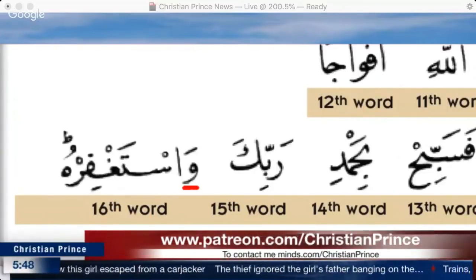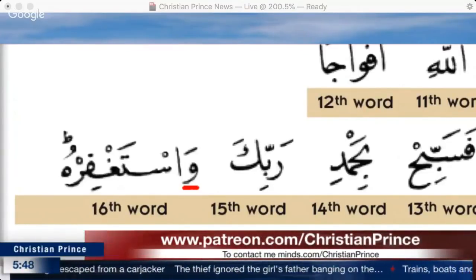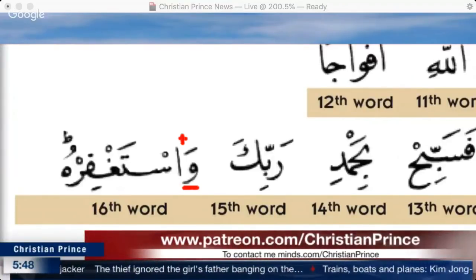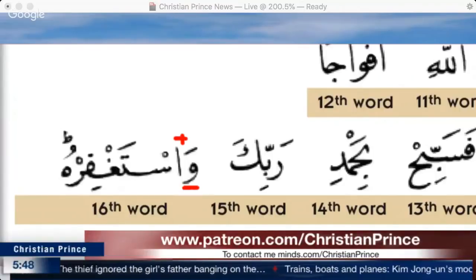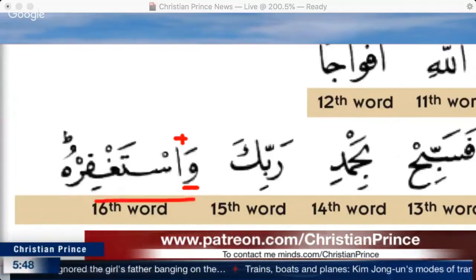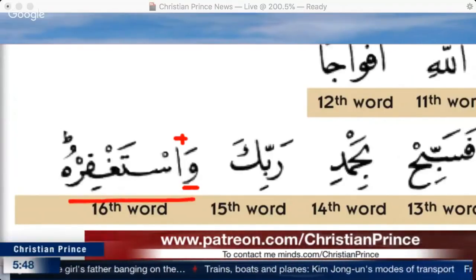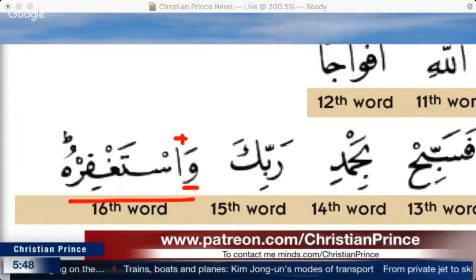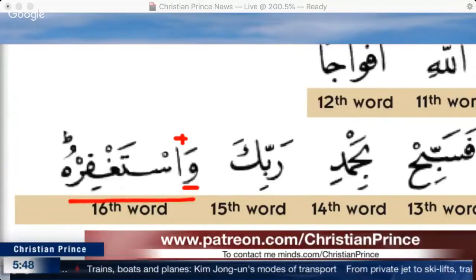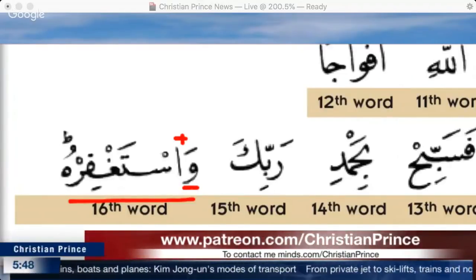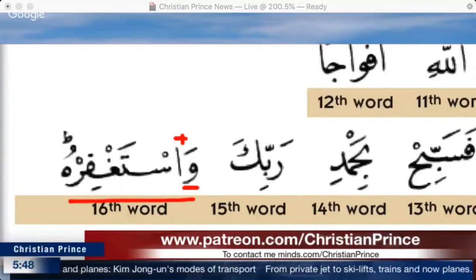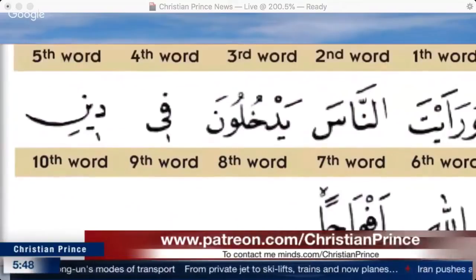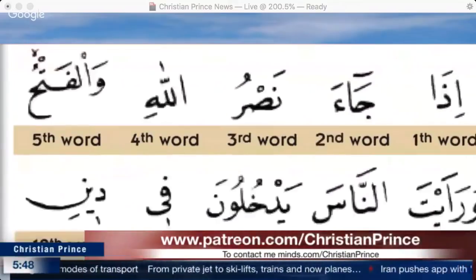So why, when they want, do they calculate the fi as a word, and when they want, they just attach this and to the word after it and make both one word? Because it's all based on deception. Because now if we don't attach it, we have to attach it somewhere, otherwise we are going to have a 20. So what will we do? See here, fi is coming as two words.